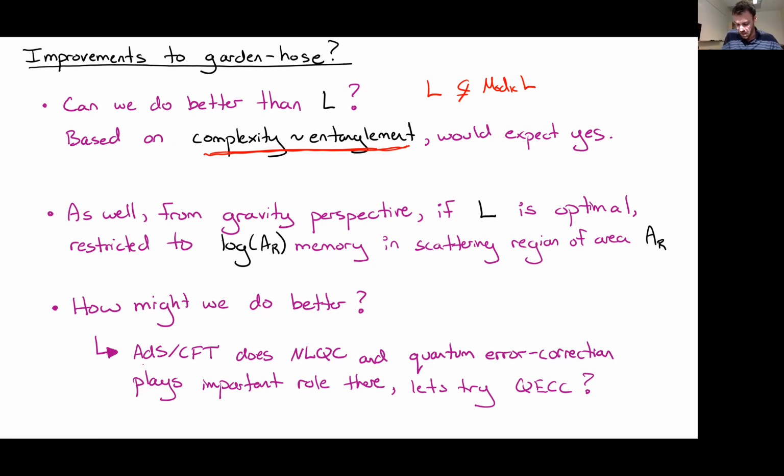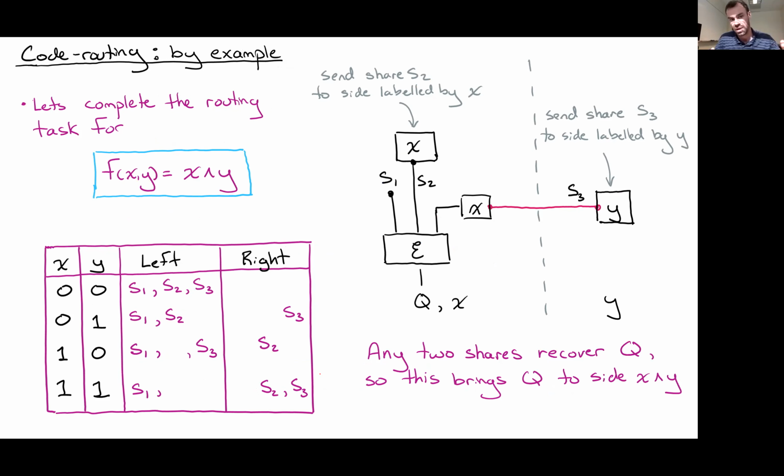Very roughly, in AdS/CFT, we see that it does non-local quantum computations, and we also know that a really important part of the story of how quantum information is recorded into the boundary degrees of freedom in AdS/CFT has to do with error correction, quantum error correcting codes. So we might guess that a natural tool to use here would be quantum error correction. Okay, so that's what we're going to try and do. We're going to say, how can we exploit error correction techniques to do this F-routing task? And can we use that to reach this larger complexity class of mod KL? So